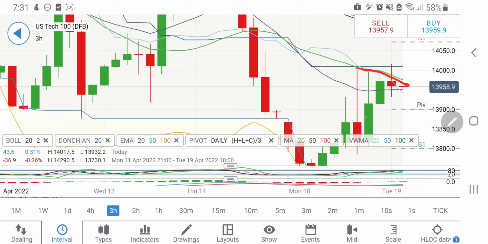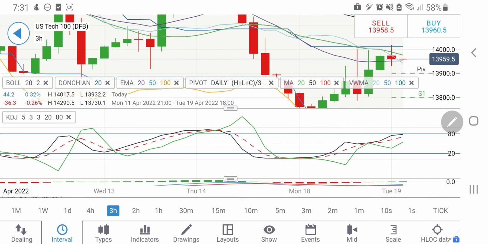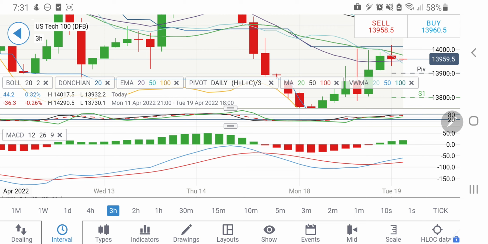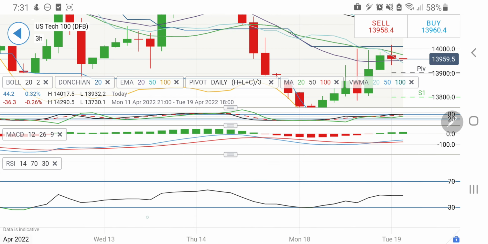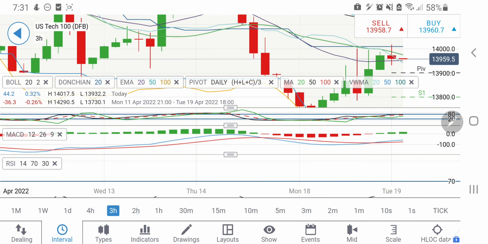And if you look at the 3-hour charts, see, this is a breakout here. It is trying to give a breakout, it has given a breakout, now it is coming back again in this zone, so probably it may try to come back towards 13,900 before looking forward to a rise. That is what is visible. 3-hour stochastic is also overbought. MACD has just crossed over and is still in bullish divergence and is still on the buy side.